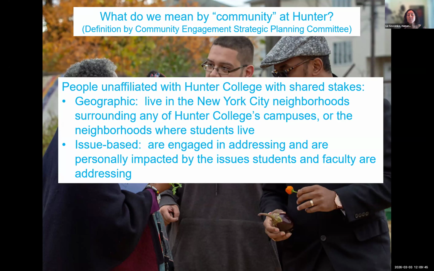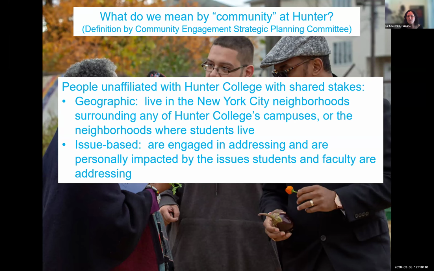But just to explain, for the purposes of the community engagement strategic plan and this Anchor Institution work, the way the committee has defined community is people who are unaffiliated with Hunter College, who share concerns or have a shared stake in the issues of faculty and the Hunter community.